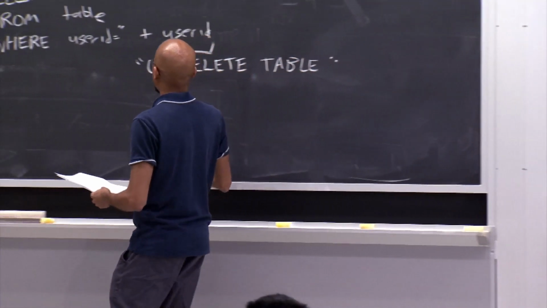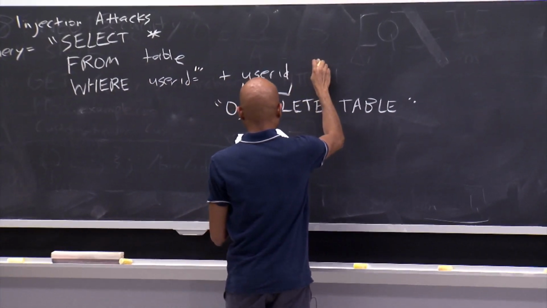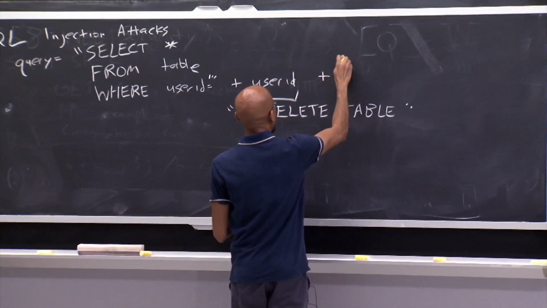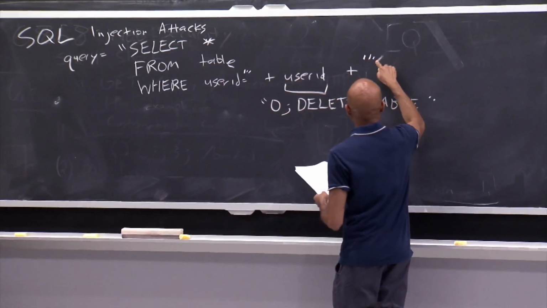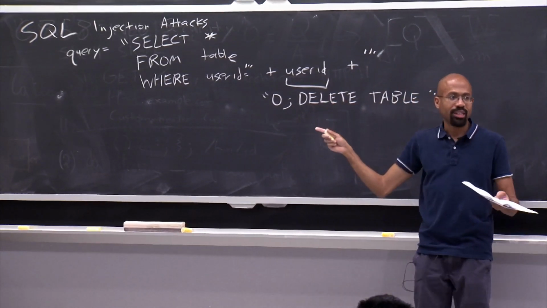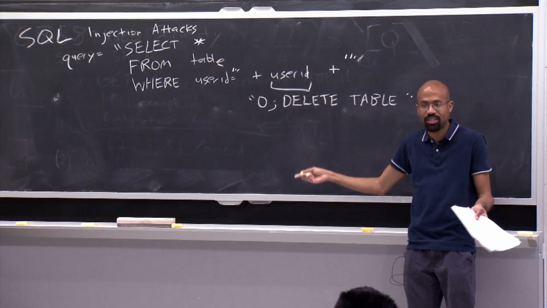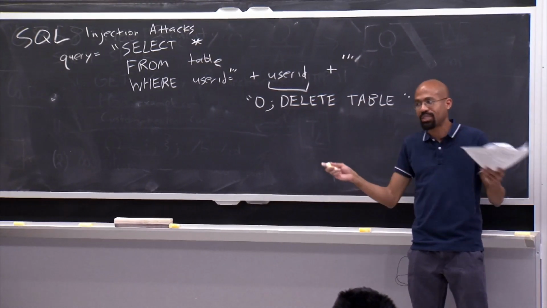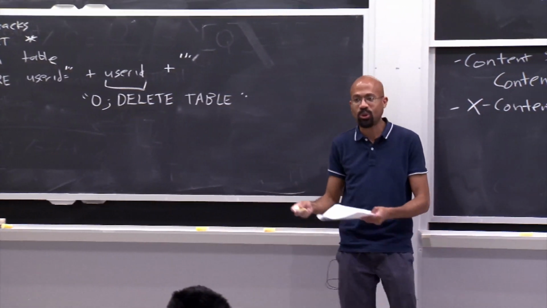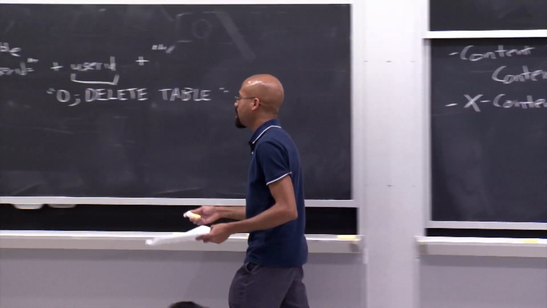So you might think, okay, well then why can't I just put another quote here, and then put another quote here, such that whatever it is that the attacker submits, it's going to be enclosed in a string? So this doesn't work because then the attacker can always just put a quote inside his or her attack string. So a lot of times, these sort of half-hearted hacks don't really get you the security you think they might. So the solution here is that